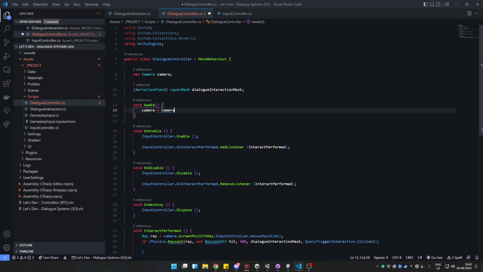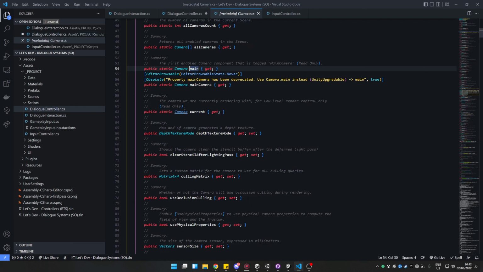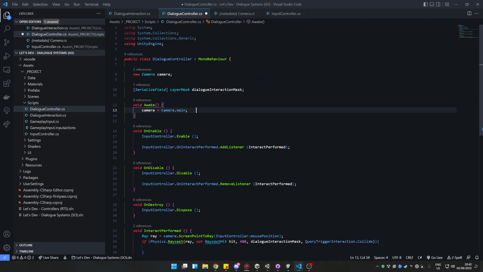Sorry, it needs to be capital Camera.main. So this being Camera, with main being a static variable here, you can see public static Camera main. That's why we can access it through the Camera class directly. It's always useful to also just Alt-click on these things to actually see what's going on under the hood